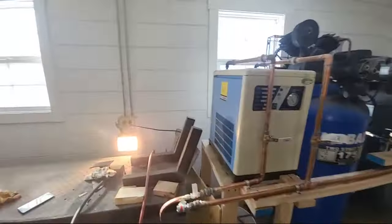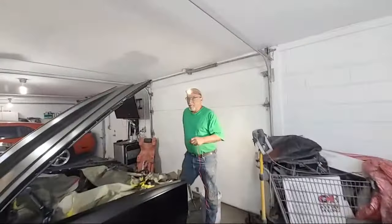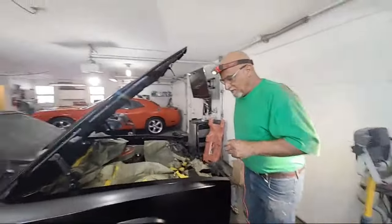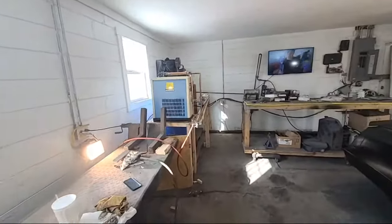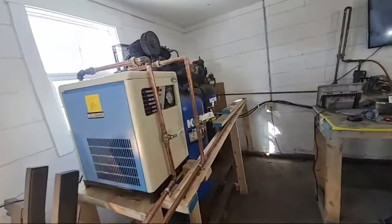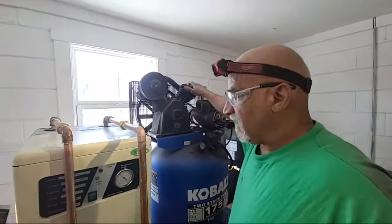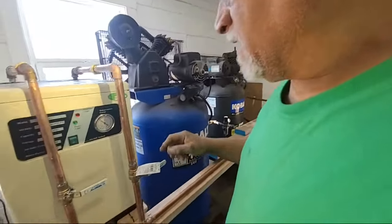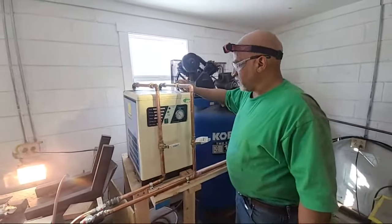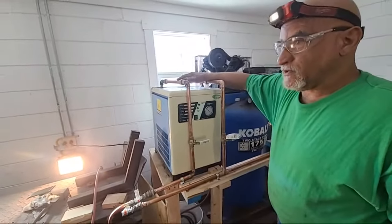Can you explain this air dryer to us, how it works for our paint? Because I was trying to explain to him, I just didn't know how. This is what they call a refrigerated air dryer. When air compressors compress air, you pick up heat of compression, and it's full of moisture content. When it goes into this tube right here, into the air dryer, the air dryer refrigerates that air